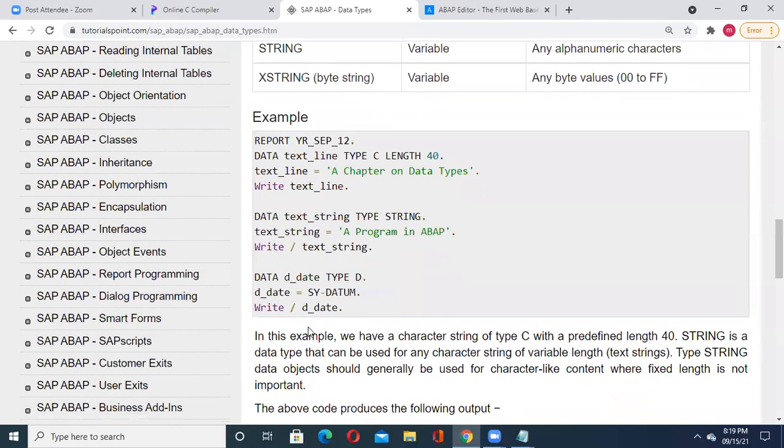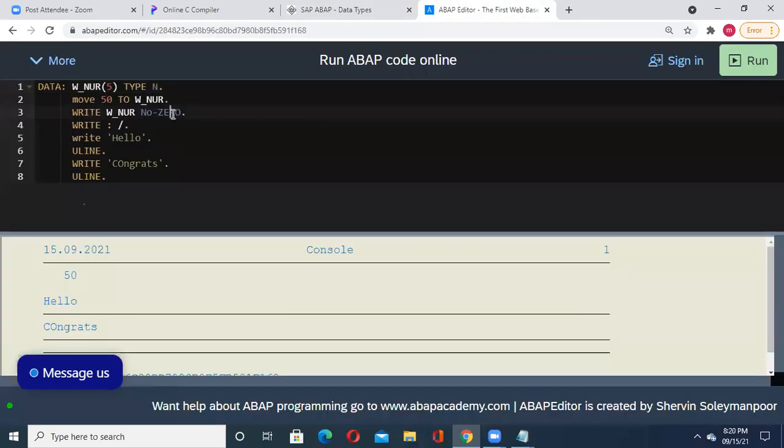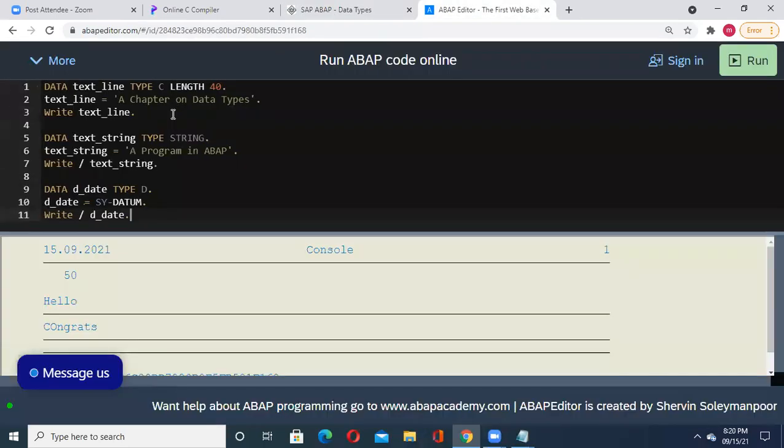And if I want to display the date now, I have to write like this. See that, write slash text string or write slash D underscore date, and I'll be able to display the date on my system. Let us copy it for a minute. And this is the last program I'm going to execute now. You see this, all of you. When I execute this program now,